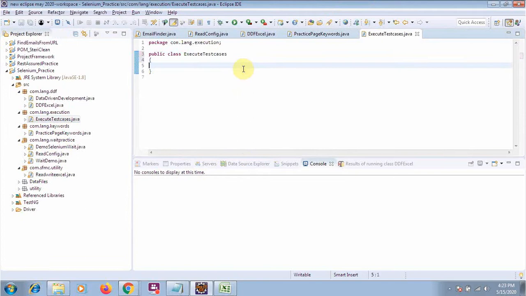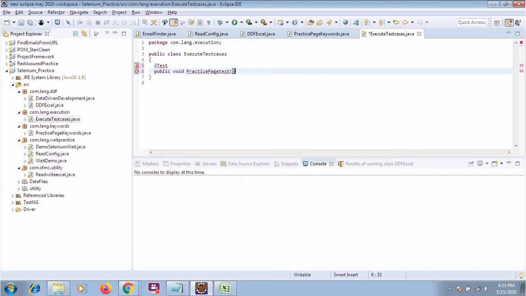Okay, so till now we have done this. Now we have to execute our test cases. So how will it be executed? Always remember, first of all we will use our annotation @Test, and I will create a public void method, like verify phase one or practice phase test.